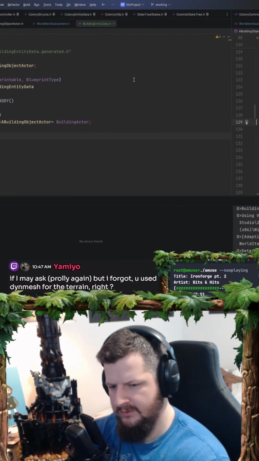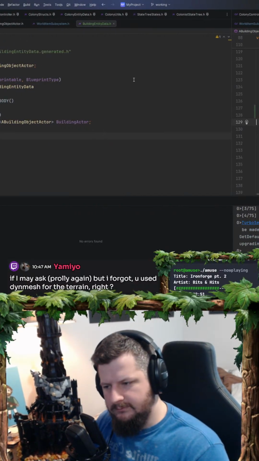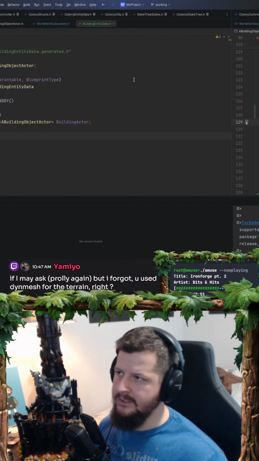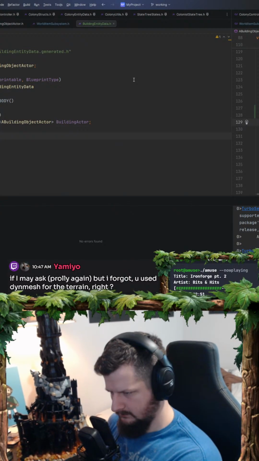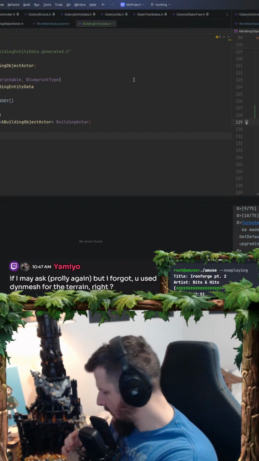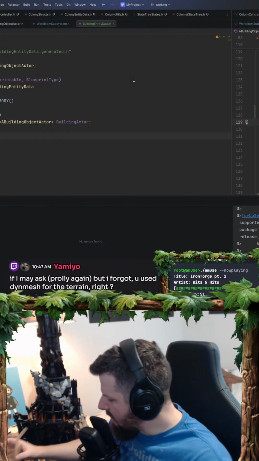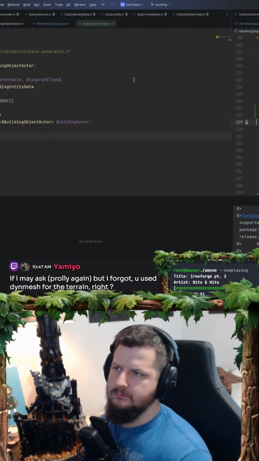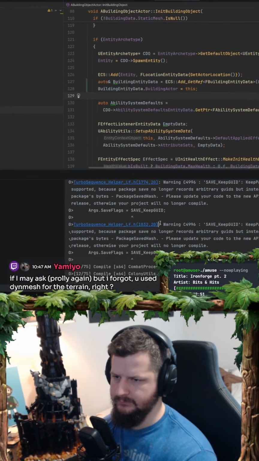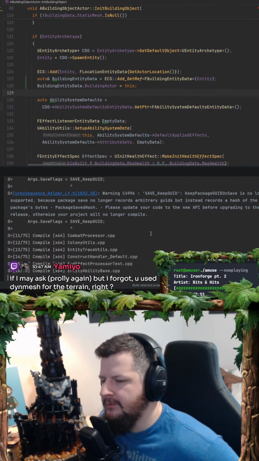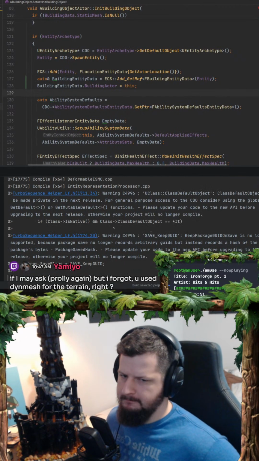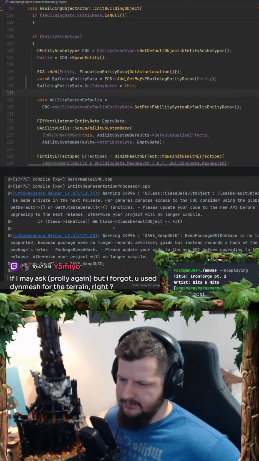Use dynamic mesh for the terrain? Yes. Originally, it was procedural mesh, but I ditched that. I may end up changing from the dynamic mesh. We'll see. I may use